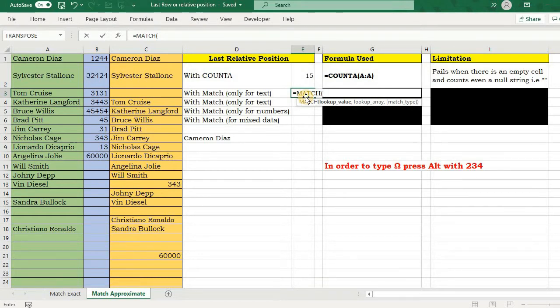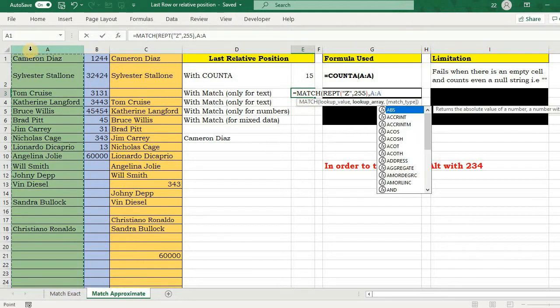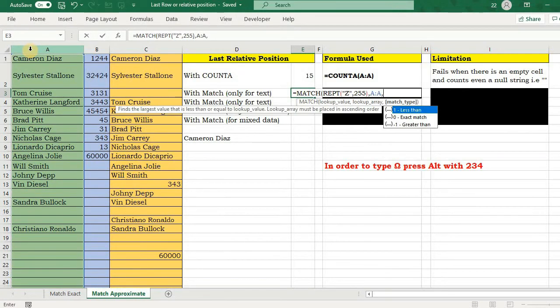Instead, I will use the REPT function. And my lookup array will be this one. And by default, this is set to less than match.